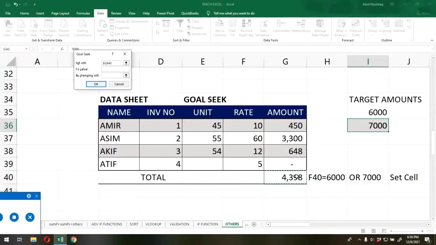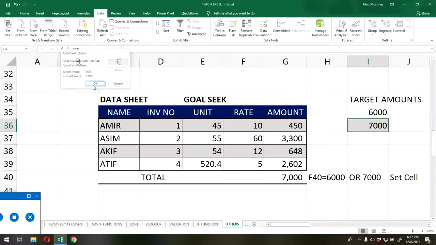Here is a set cell, and I need a value of rupees 7,000 here, and I have to change the cell. Here is this one. Click this and then OK,